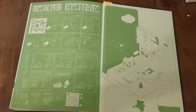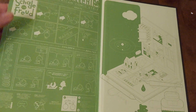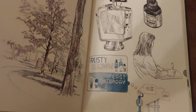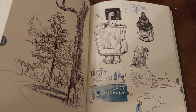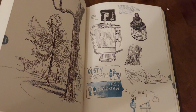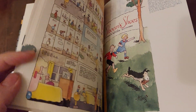Yeah, let's go over this a little bit more. So this is really expensive, but I don't know, it's kind of like Building Stories was 10 years ago. I got lucky, it was on some weird sale, but that was £5, and I feel like this is a better deal. It's more convenient, it's far more expensive, but